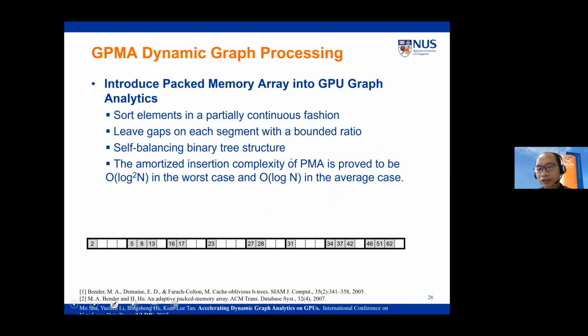The other one, as I mentioned, is GPMA, where we want to support streaming graphs. So the graph structure is very sparse and also irregular. If the graph is static, then we actually design very compact data structures, usually CSR or a variant of CSR. If you think about it, it's a very compact array with order.